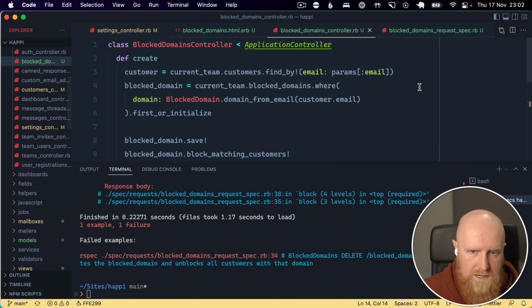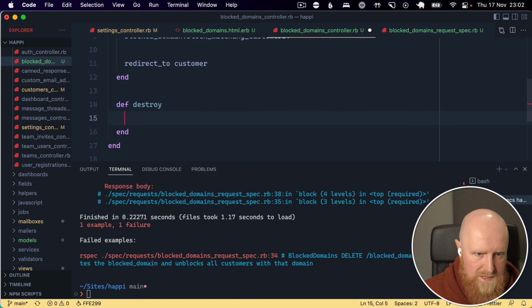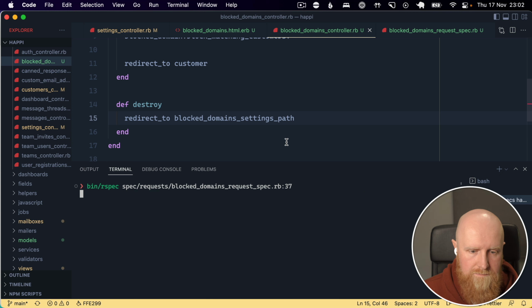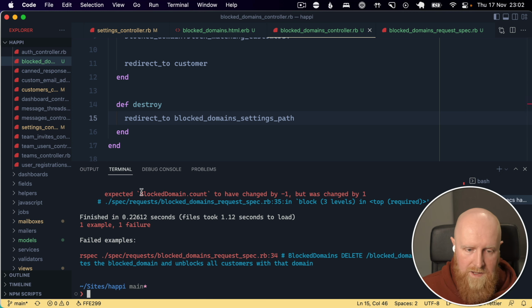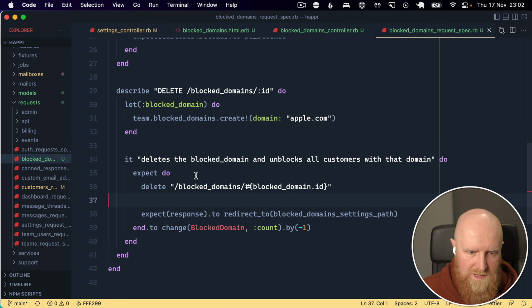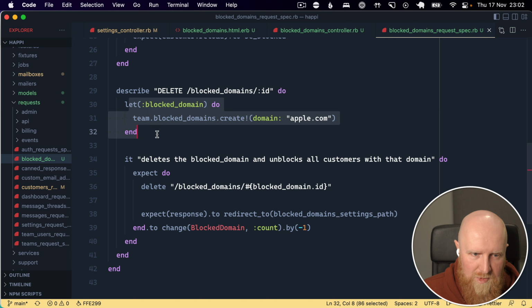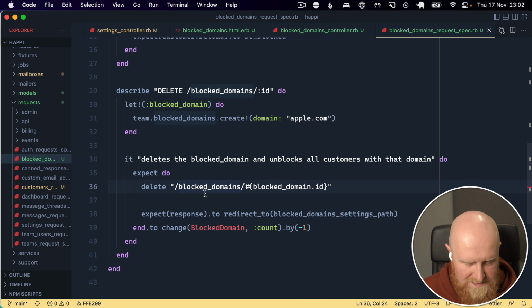So we can come in here and go to our destroy action, and we can do redirect to block domain settings path, and then we get a failure because we expected the count to have changed by -1, but it was changed by 1. So the other thing is here, this is increasing by 1 because we haven't created this before we've run this code. So we actually want to make this a let bang so that it runs before the actual test does. So if we run this again,